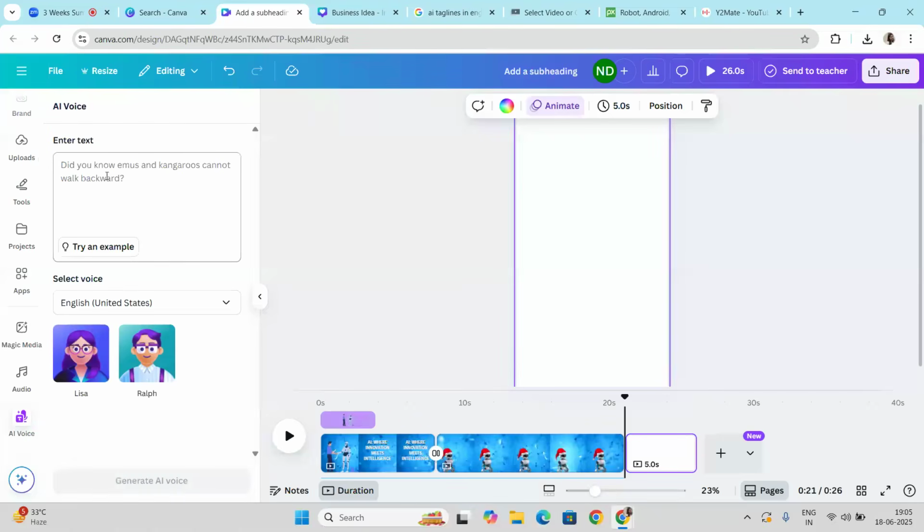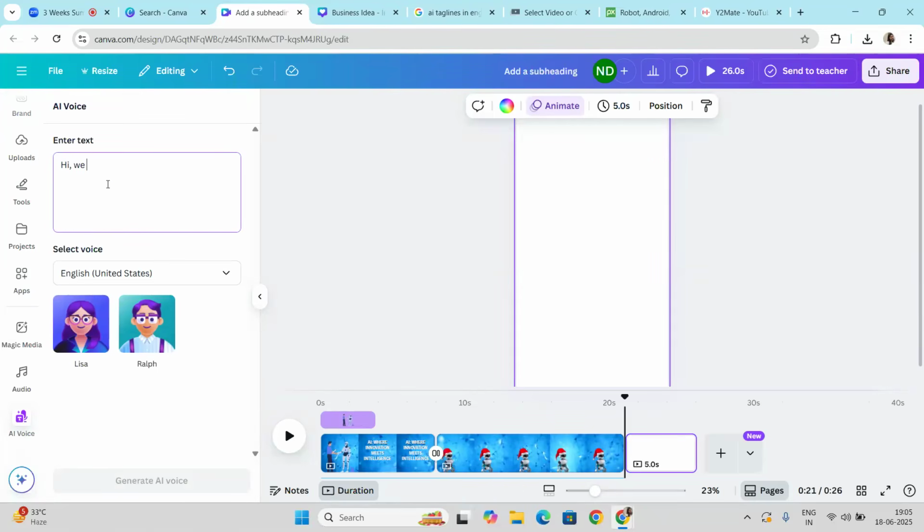Once you click on it, you can write your own script, like, hi, we are going to learn digital marketing with AI in the 3 week summer boot camp by MSME. Right. So this is the script that I have written.